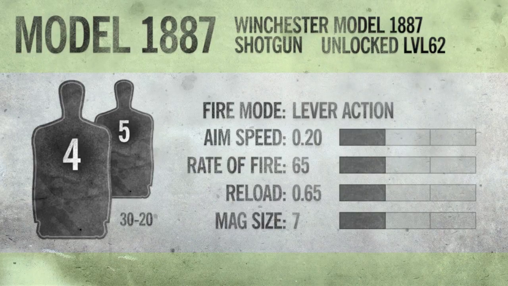We often say pump action out of habit, but if we want to be technical, it's actually a lever action shotgun, as seen by the animation where the character levers out that reloading handle to clear out the empty shell and load the next. Like all the shotguns, we've got a fast aiming speed of 0.20 seconds,